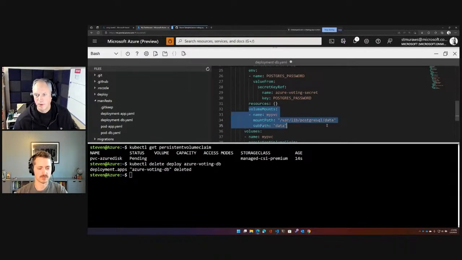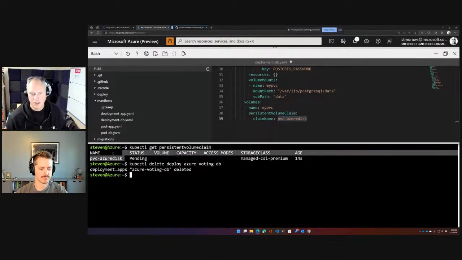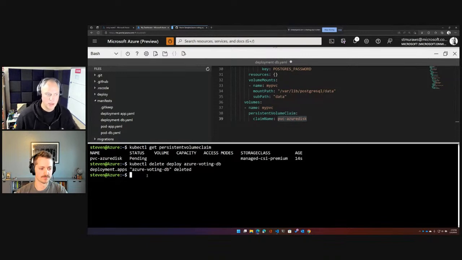It's going to map that storage to this particular file path. I give it a name, and then that name gets referenced in volumes. And the claim name is PVC Azure Disk. So when I reapply this,